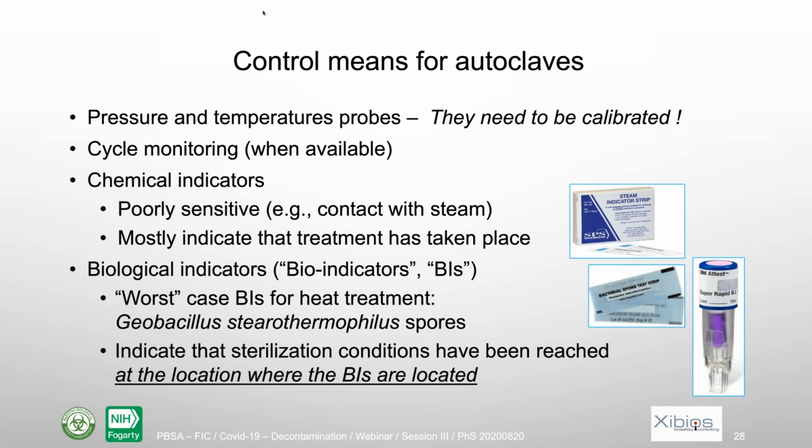And then finally, there are biological indicators, or BIs. The worst case BIs that are used for heat treatment, and therefore for autoclaving, are spores of a bacterium called Geobacillus stearothermophilus. So if we succeed in inactivating those spores at the right concentration and so on, that means that we will really kill everything, because those are the most resistant. And so it indicates that the sterilization conditions have been reached,